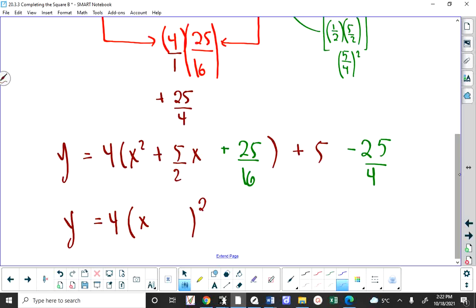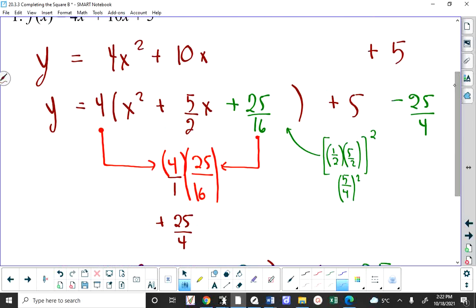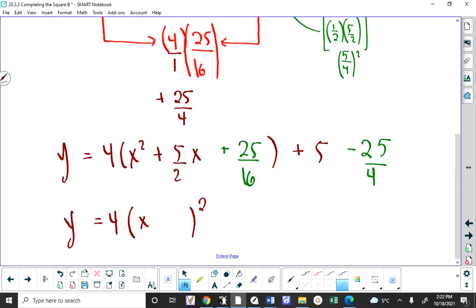So what did we get when we took b, which was 5 halves, we divided it by 2, we got 5/4. So this is plus 5/4. It's always half of b in here. And now we need to figure out what this is. And,